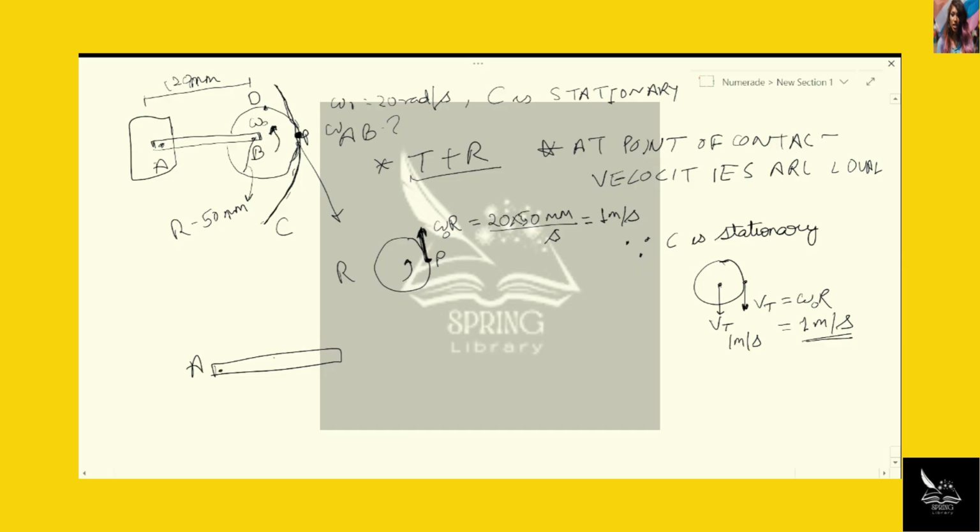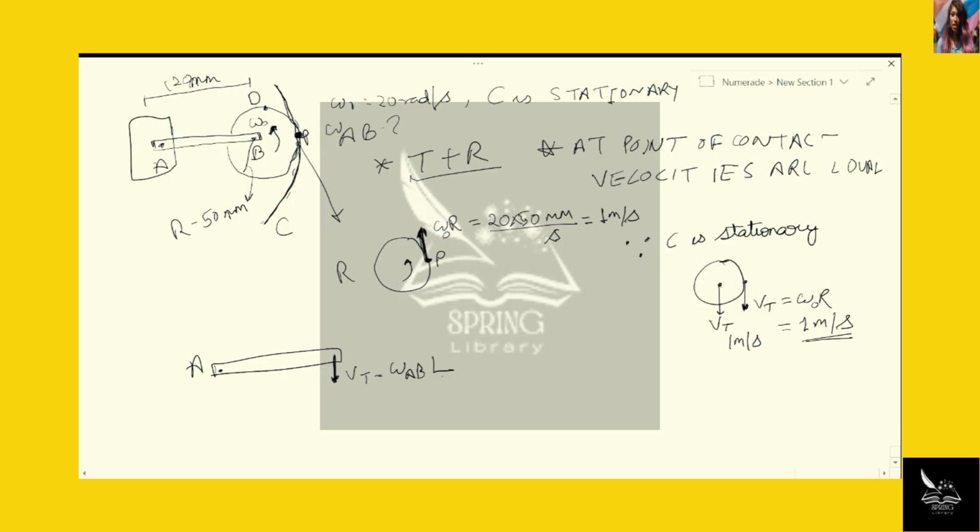So A is fixed here, B is moving, and we have figured out that it's going to move down. This is the velocity of point B, and since A is fixed, if you are sitting at A, then this component of velocity Vt must be coming from omega AB